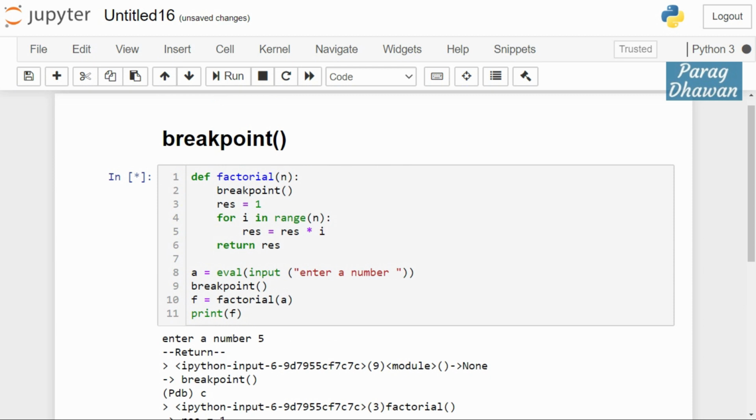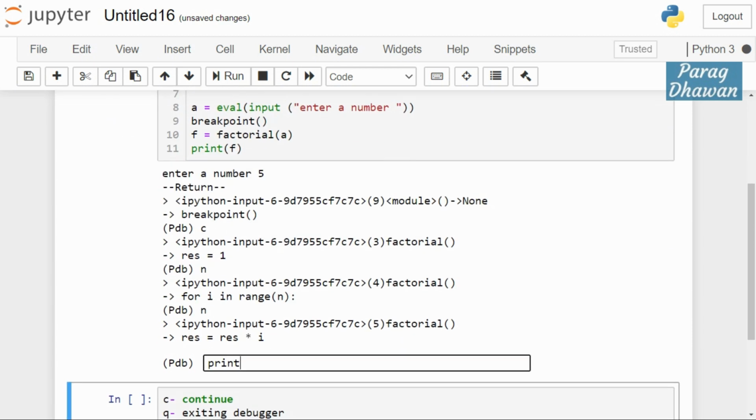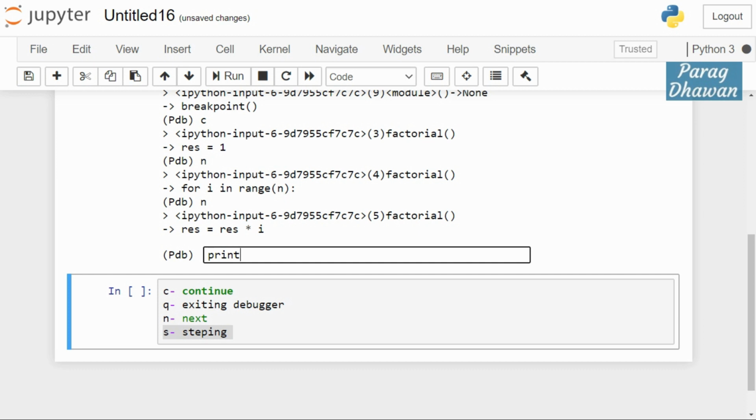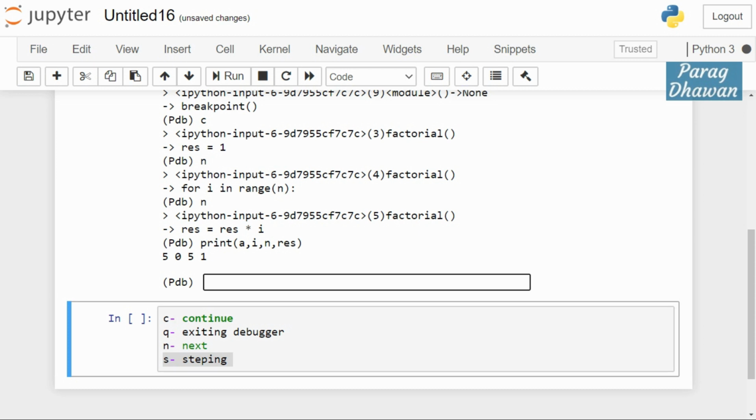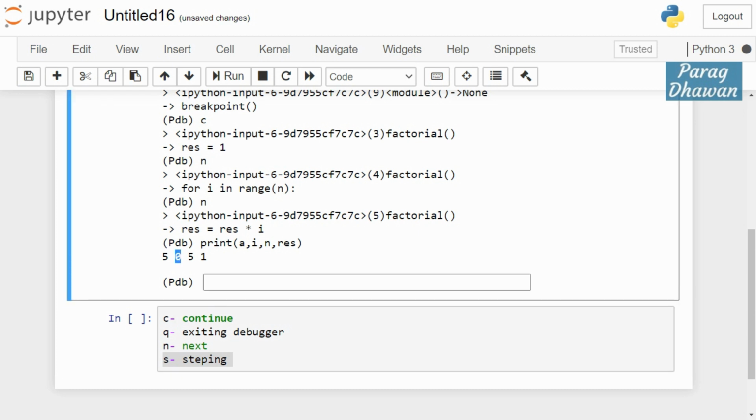A is passed in as n. So print a, i, n, result. What you can see is a value is 5, i value is 0, n value is 5 and result value is 1.